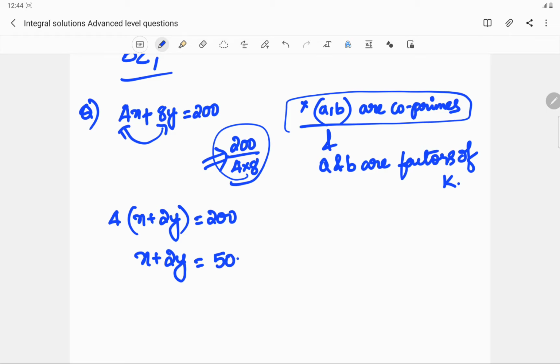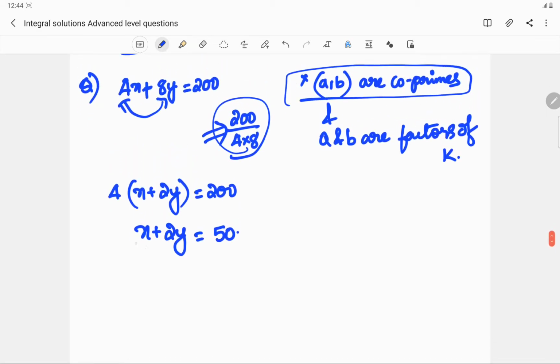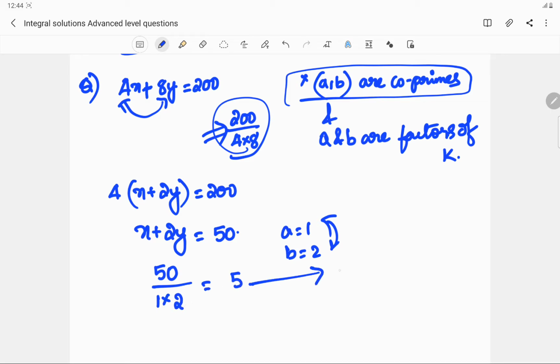Now if we see the coefficients a and b, a is 1 and b is equal to 2. These two are co-primes and both are factors of k, which is 50 in this case. So the gap can be easily found out by 50 divided by 1 into 2. This is equal to 5. So there would be 6 non-negative integral solutions